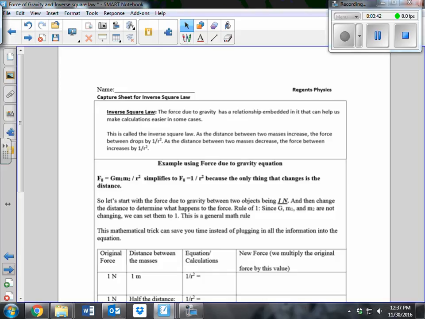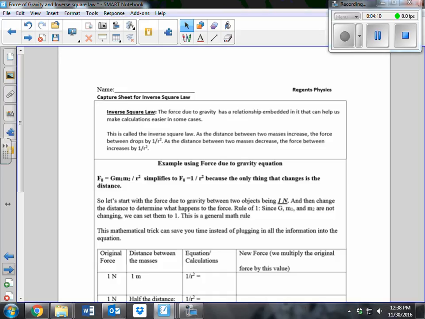Now, embedded in this equation is a law. It's called the inverse square law. The force due to gravity has a relationship embedded in it that can help us make calculations easier in some cases. This is called the inverse square law. As the distance between the two masses increases, the force drops by a factor of 1 over r squared. As the distance between the two masses decreases, the force between them increases by a factor of 1 over r